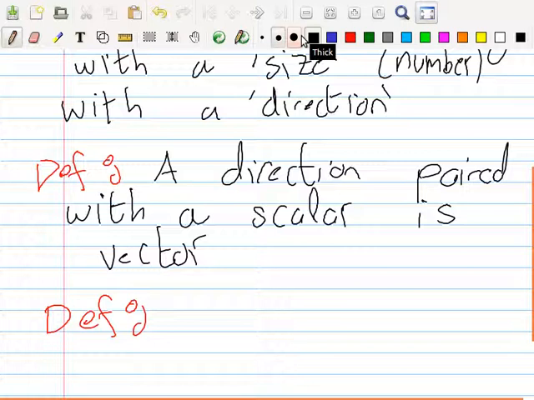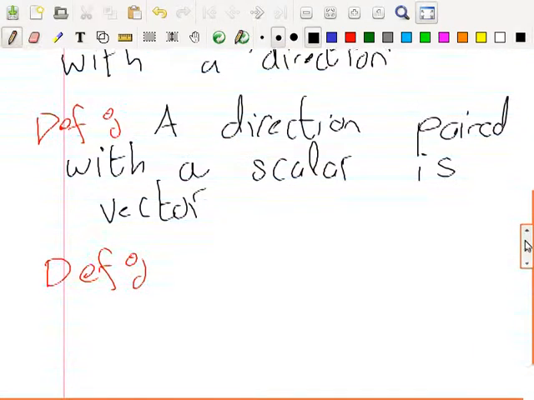Like dimensions are scalars, like length, mass, time. Okay, so these are examples of scalars. But my example here, 1 meter per second north, that's a vector because of the north part in it. So what could we say about a scalar? A scalar has only magnitude, no direction. Okay, so for example,